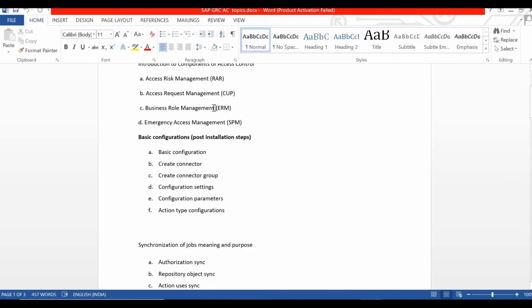So, whenever we provide access, we have to create a role. A role is nothing but the transaction code combination that we have to provide to the user. So if we are creating any role, we have to add some transaction codes and provide some access. Whether giving access, adding some role, or creating a new role, it may be a risk or not. Suppose we add one transaction code for changing the payroll data for employees. Suppose an HR person has to change or update the salary structure of an employee, right?